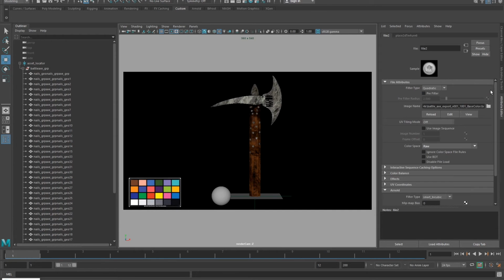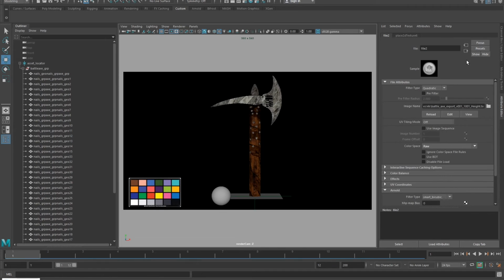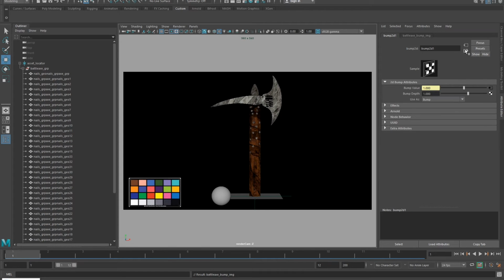I just put in the wrong image. God damn it. Okay, so here I was putting in the bump map. It's called a height. It's coming from Substance Painter. So I'll rename this metallic underscore, I guess I should call it bump, even though it's a height map. The color space for that is also raw. The only one that will differ is